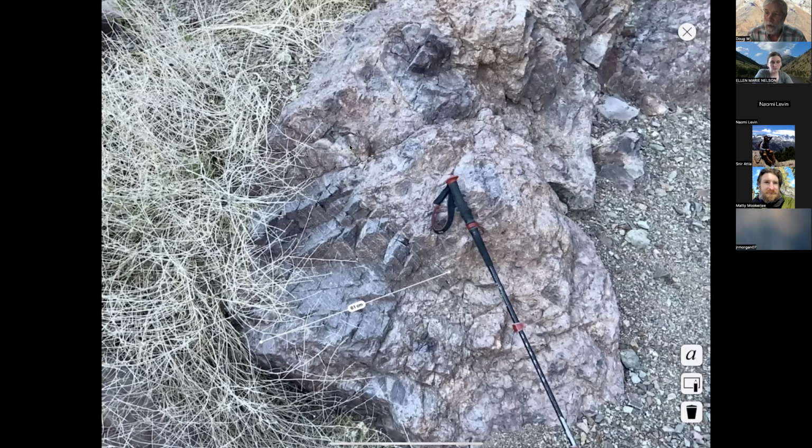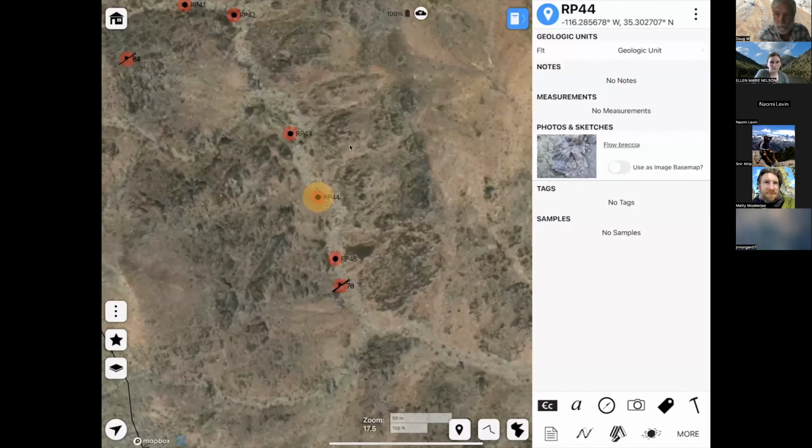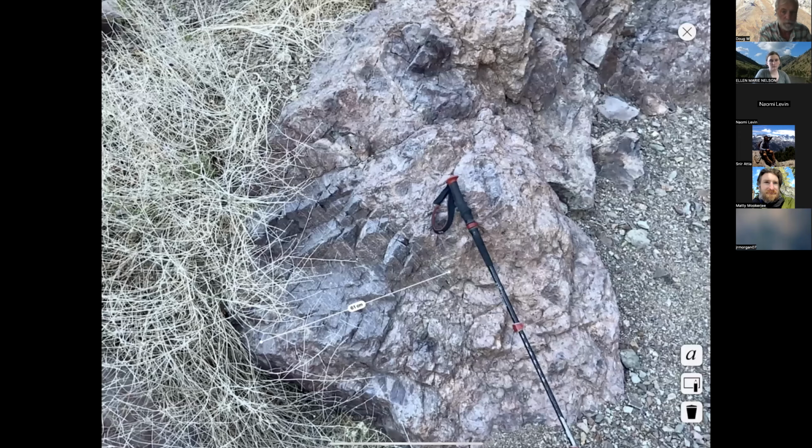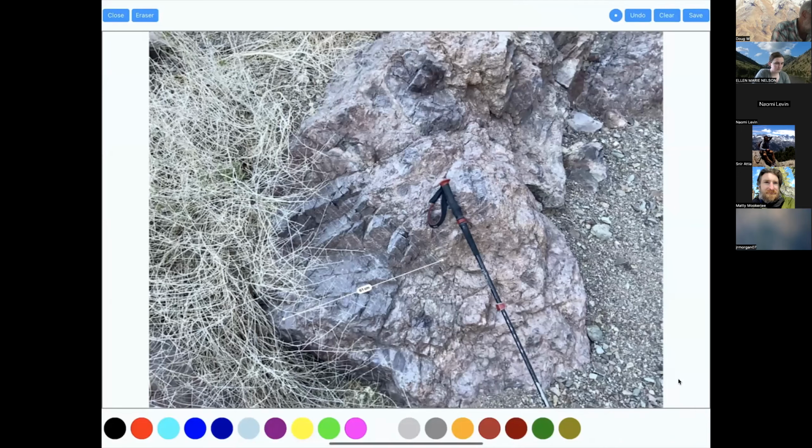One thing to remember with StraboSpot is that if I have a photograph and I want to start drawing on it, I can click it, and if I click down here to the little pencil button, I can actually go in and, for example, outline this rhyolite clast right here. Hopefully you can see the purple here. So I've drawn an outline here. And then if I click save